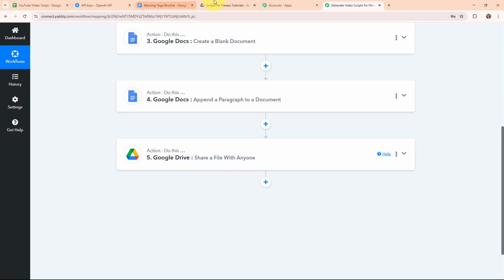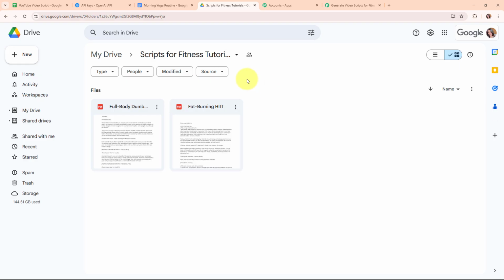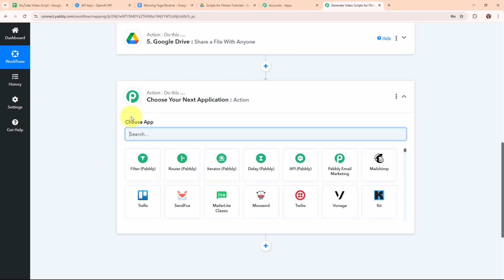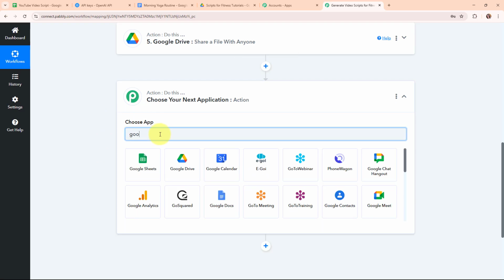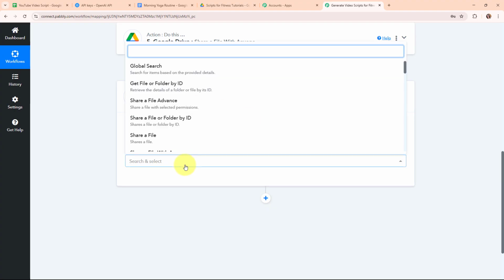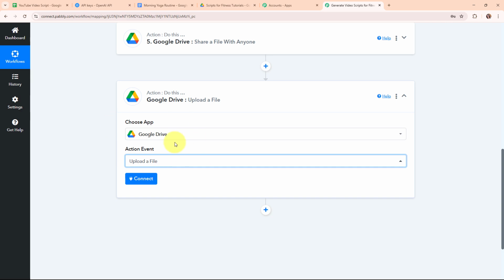this particular file in this specific folder in my Google Drive in a PDF format. So for that, I'm going to add another action step over here, and again in this action step, I'm going to select my action application as Google Drive. And here I'm going to select my action event as upload a file. So by selecting this particular action event, I'm going to upload a file in a specific folder in my Google